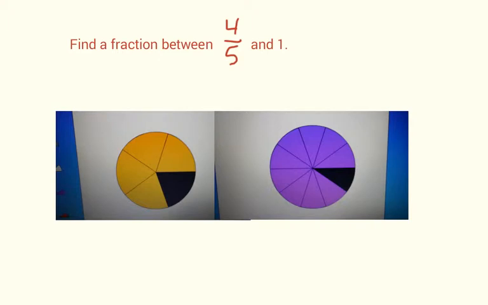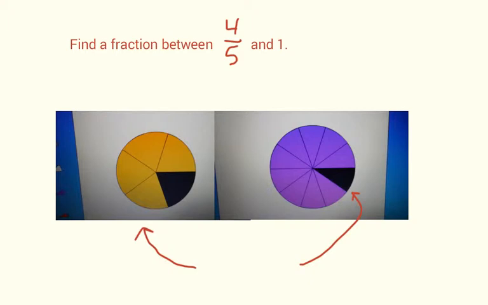Here I have a question for you about finding a fraction that is between 4/5 and 1. On the left side here, I have a picture of 4/5. That means it is split into 5 equal parts, and I have colored in 4 of them. On the right side, I can see that the amount that is not colored in, that black amount, is smaller on the right than on the left picture. So that tells me that the fraction on the right is bigger than 4/5,